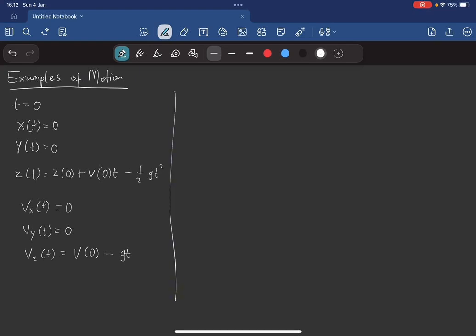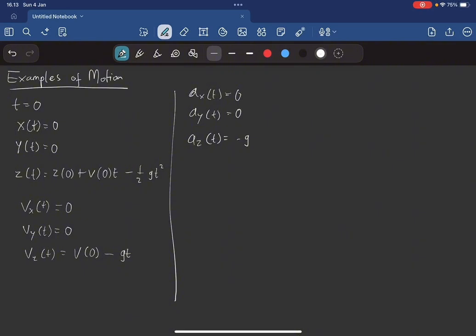Now let's calculate the acceleration by differentiating with respect to time again. So the acceleration, we have ax(t) still 0, but az(t) equals minus g. The acceleration along the z-axis is constant and negative. If the z-axis were to represent altitude, the particle would accelerate downward in just the way a falling object would.